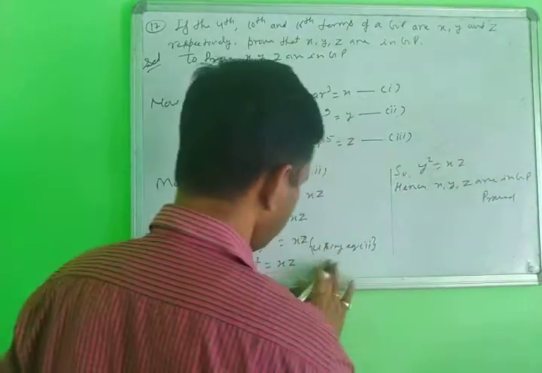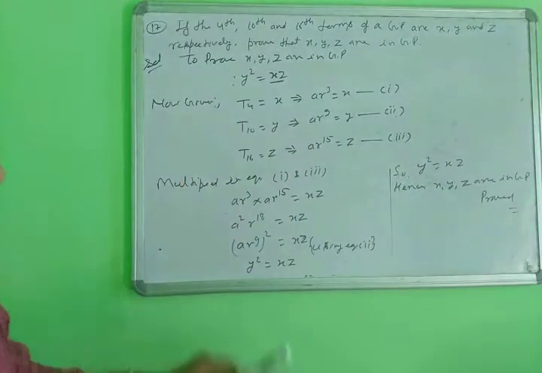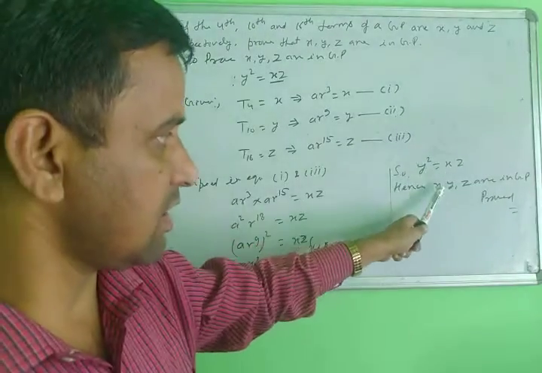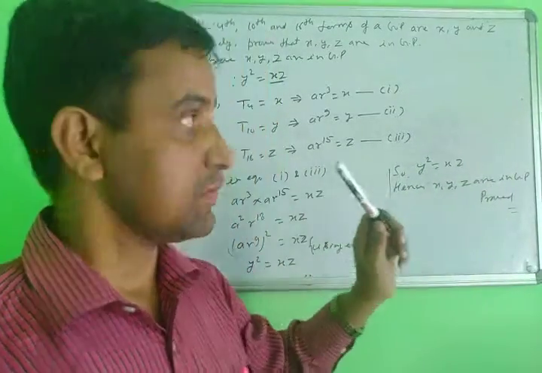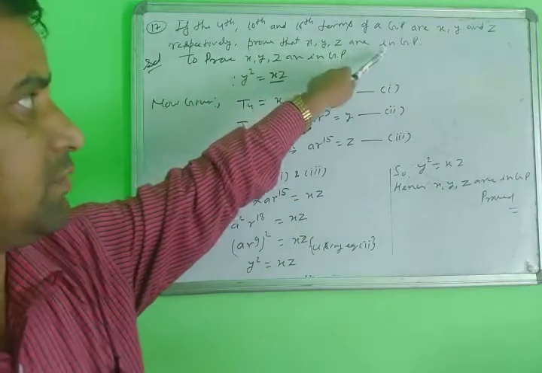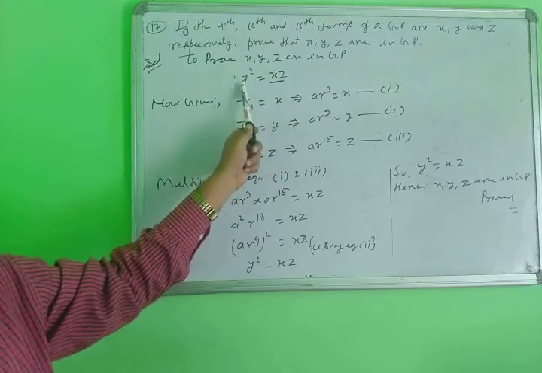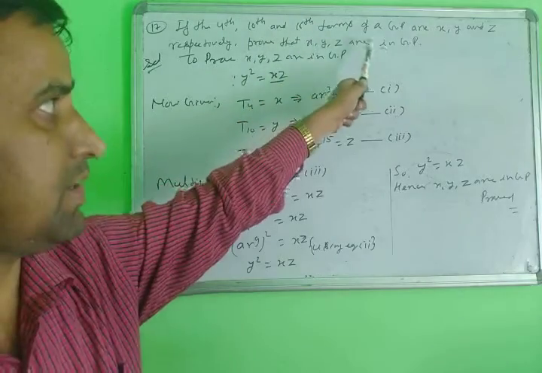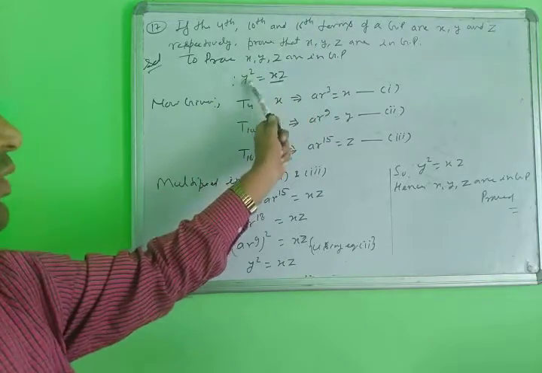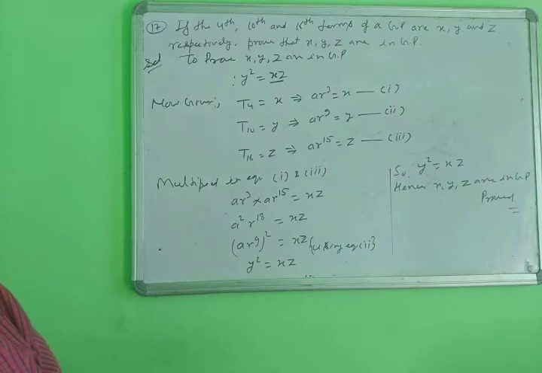Don't write here "you proof", write "proof" here. Means you can say here, if Y square equals XZ, then you can say X, Y, Z are in GP. The language here changes. X, Y, Z are in GP means Y square equals XZ. If this condition is not given, and it is mentioned here that X, Y, Z are in GP, then this condition and that condition are the same: Y square equals XZ and X, Y, Z are in GP. Both conditions are the same. Just note it down. Then next.